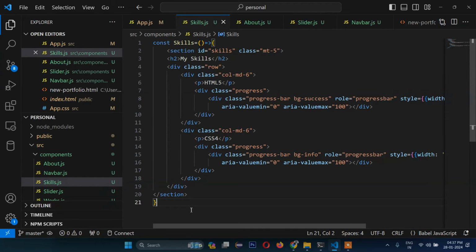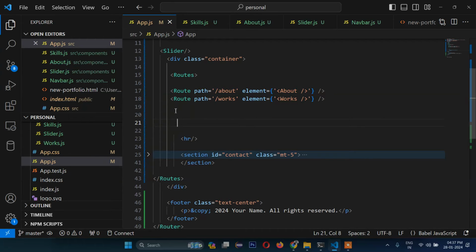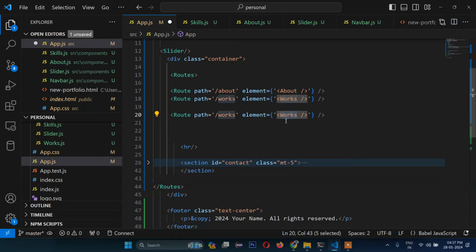Skills, export default skills. In here it will be skills, in here skills, and finally for contact